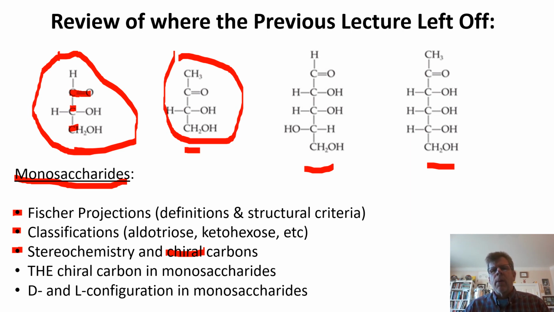Put specifically to monosaccharides, there were frequently a number of chiral carbons, but we then looked at a very special chiral carbon, the chiral carbon in this molecule right here, which is furthest from the most oxidized carbon in the molecule. And from that chiral carbon we were able to see what are called D and L configurations